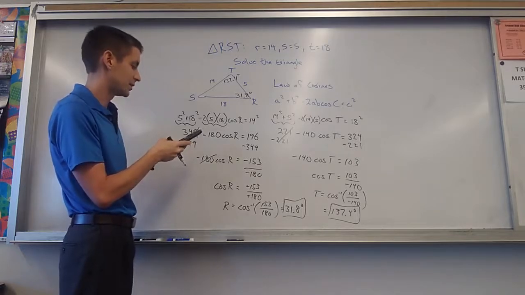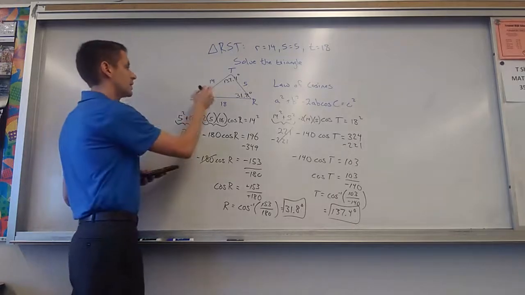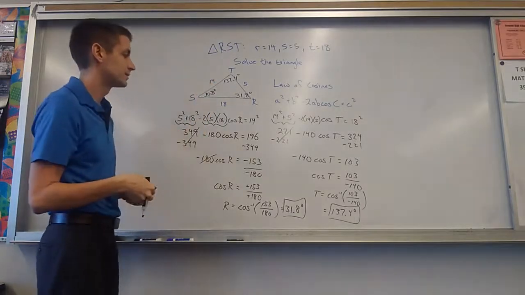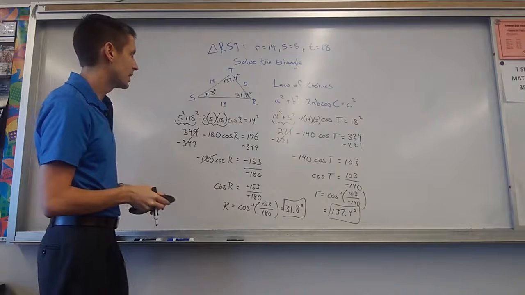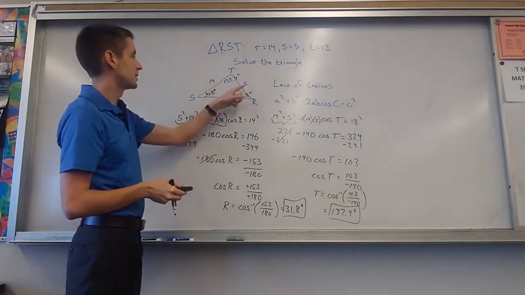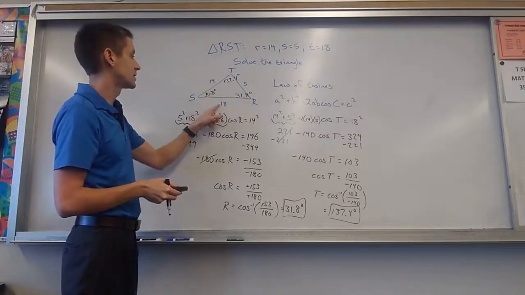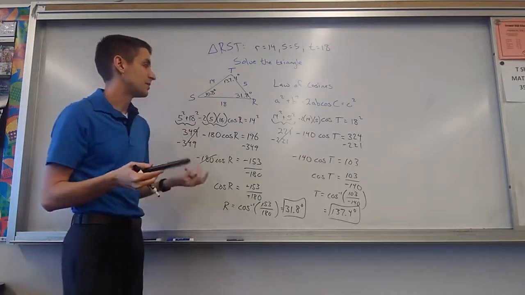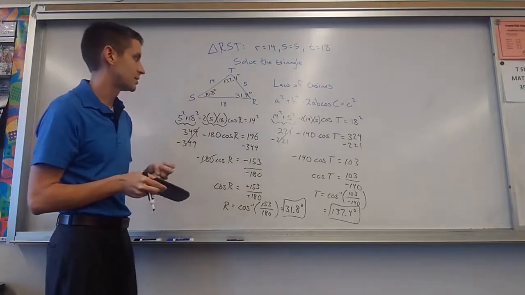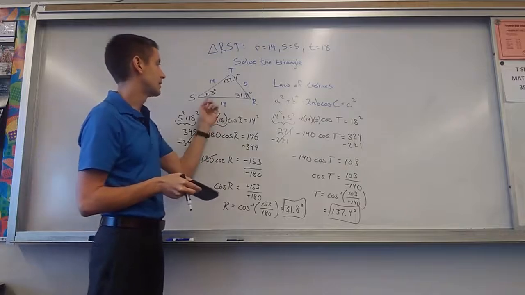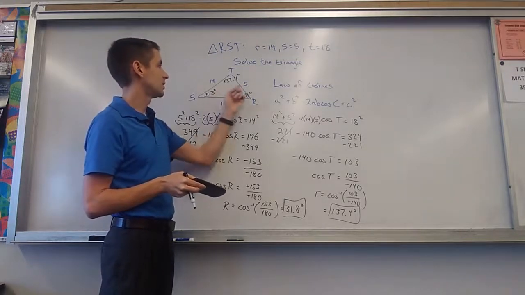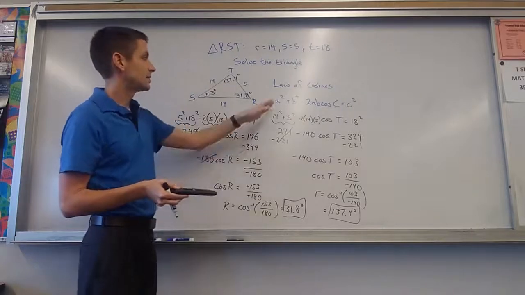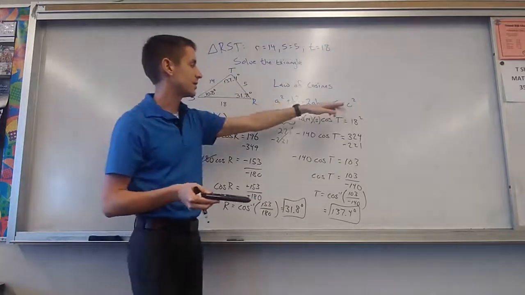So when we have just three sides initially, like we did here with the 5, the 14, and the 18, the only thing that we can do with what we know so far is to set this up using the law of cosines. I don't have any ratios between the angles and sides to use the law of sines initially, so I have to use the A, B, and C here in the law of cosines to help me solve for some angle C. And we started here with angle T just because it was the largest of those angles, and the law of sines can't solve for